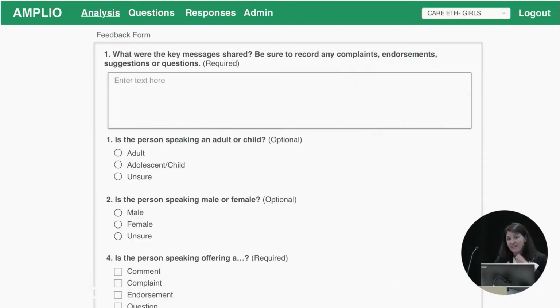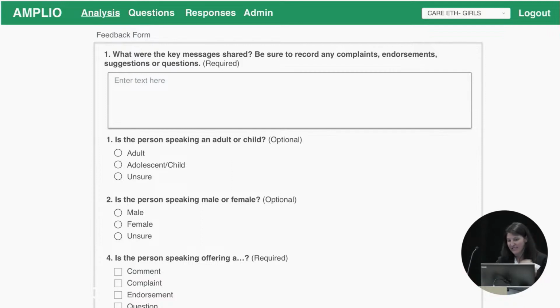Okay, so if the message is in fact user feedback, then the analyst is guided through some questions to think through, okay, what are the key takeaways of this user feedback message? How do we put this to use, and what can we learn from this? So it's a structured questionnaire that helps them reflect on the message that they just listened to and process that to get through 1,200 messages or so.